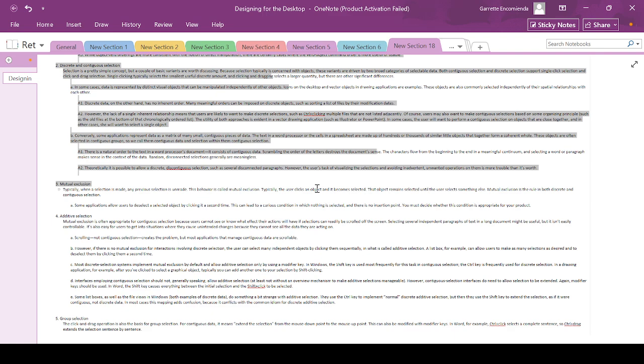Discrete and contiguous selection. Selection is a pretty simple concept, but a couple of basic variants are worth discussing. Because selection typically is concerned with objects, these variants are driven by two broad categories of selectable data. Both contiguous selection and discrete selection support single-click selection and click-and-drag selection. So both of these data types support single click and drag selection. Single clicking typically selects the smallest useful discrete amount, and clicking and dragging selects a larger quantity, but there are